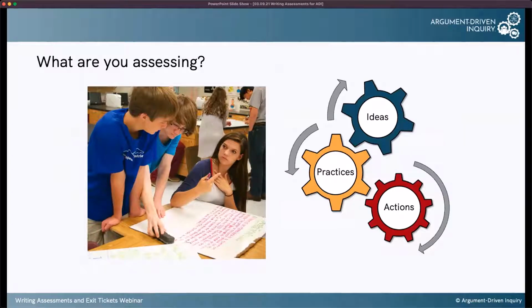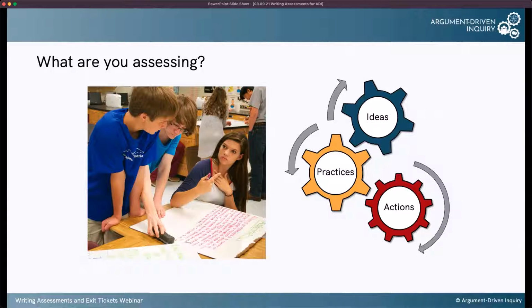That's going to be such an important thing. And what teachers tend to jump to is, I'm going to assess how much they know the content. That's so important. That's a huge piece of what we have to do as educators, but that's not the whole picture of a student. We have the ideas in their head. We need to know about that, but we also need to know, how are you doing at the practices in this field, whether that's science or math or engineering or history or language,